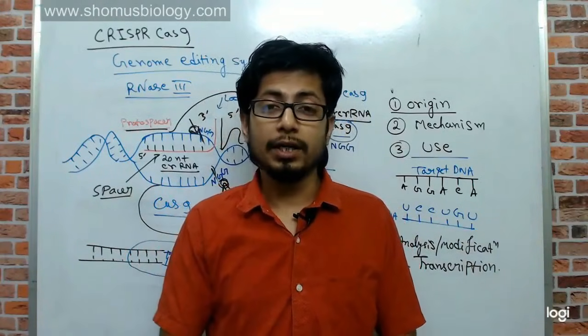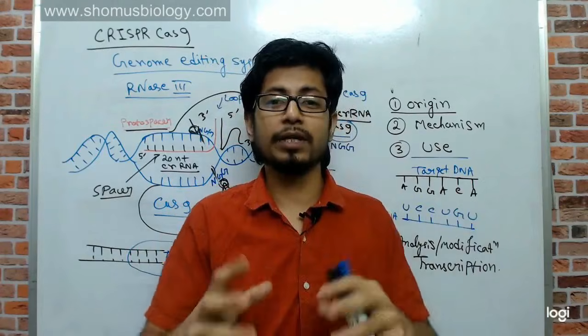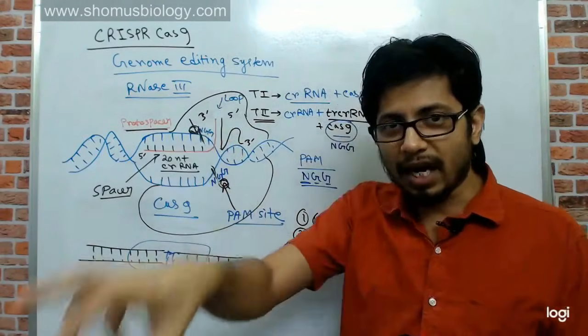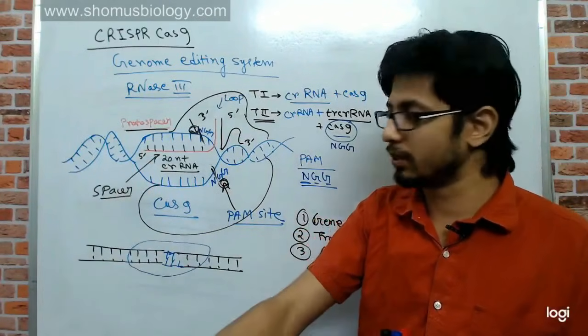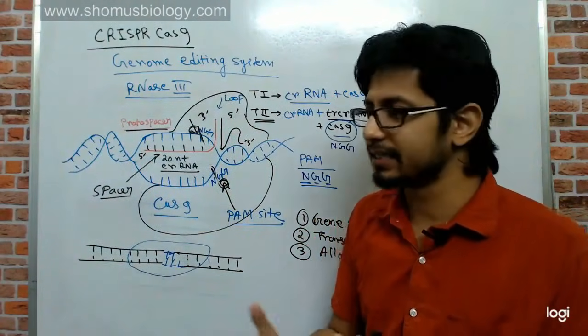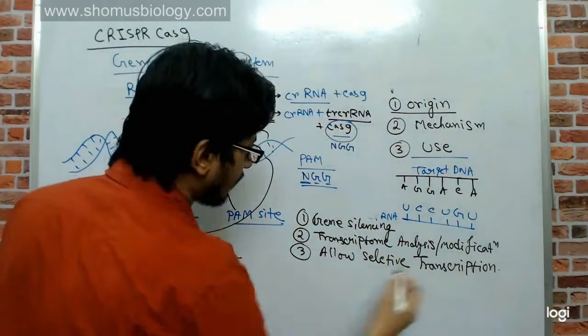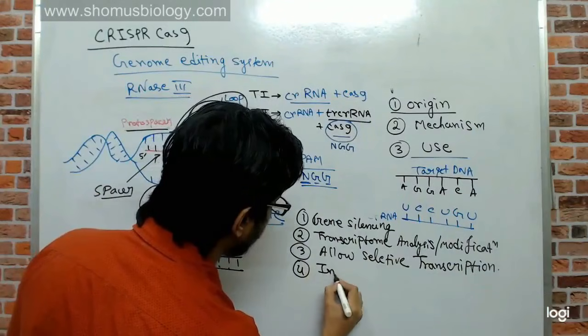So in order to stop the transcription, we can also utilize the CRISPR-Cas9 structure along with other accessory proteins to inhibit the transcription. In this case, histone deacetylase can do that. In both these cases, we allow the specific transcription. Fourth one is inhibition